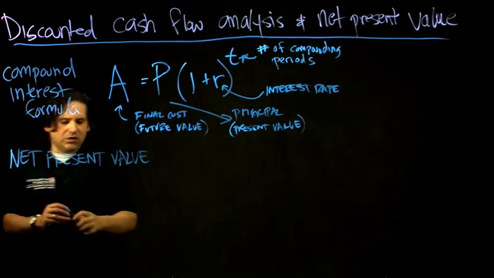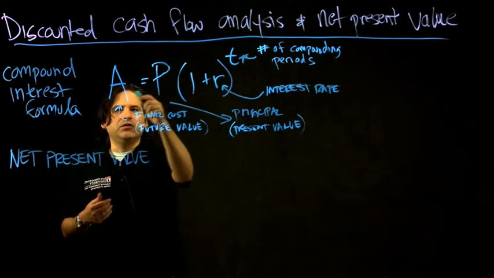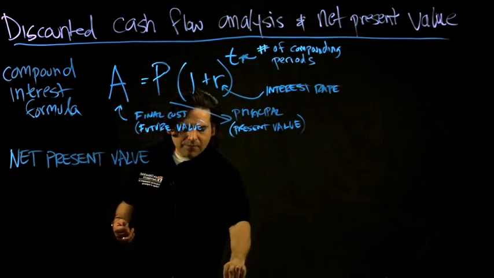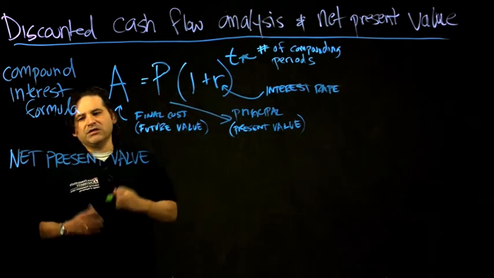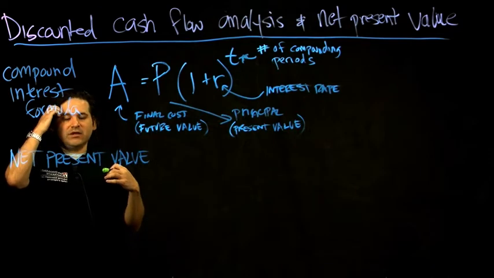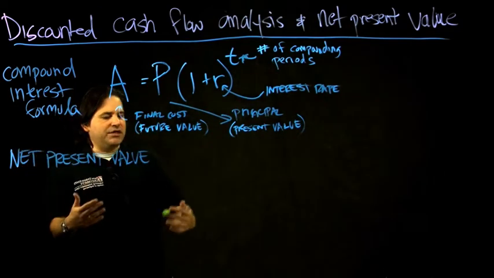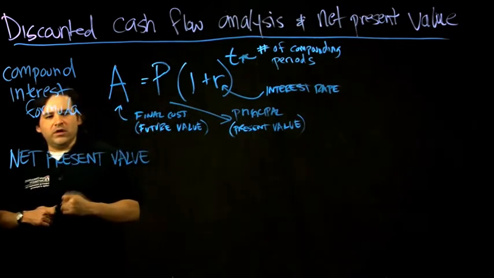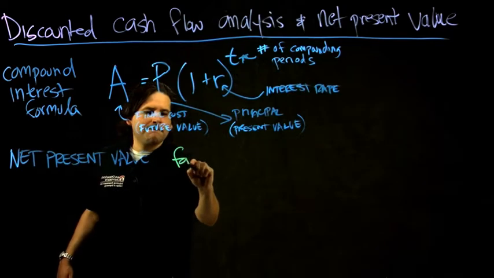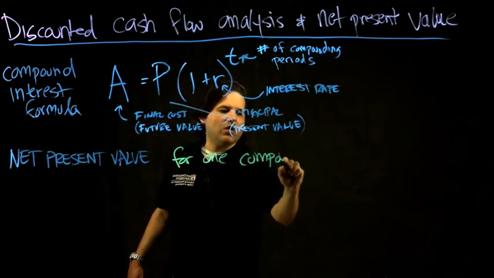And the reason why it's called net is because you're putting some money in now to get this future cash flow. And so the assumption is that net would be the case where it's more general, where it gives you the concept that you're putting in initial investment. So for one compounding period, if you only apply this discount once,